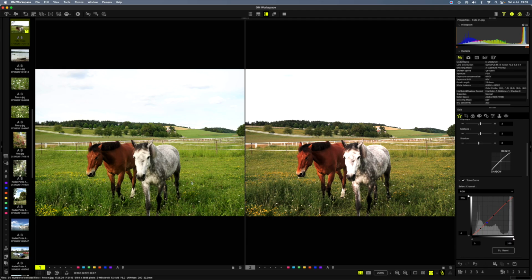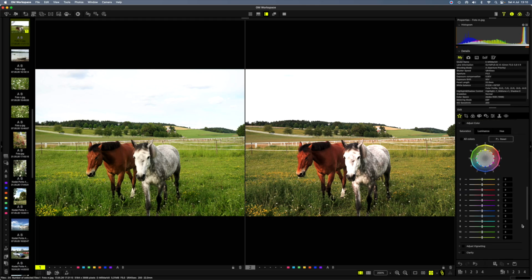So long before we did any color changes, we made the settings necessary to get these two images to look very similar. When the profile is done and you apply it to an image, you might still adjust the tonal curve, because it's not fixed in cement. It's always a process of referencing your own color preference and adapting the profile or the color look to your image. I start by adjusting one color at a time.